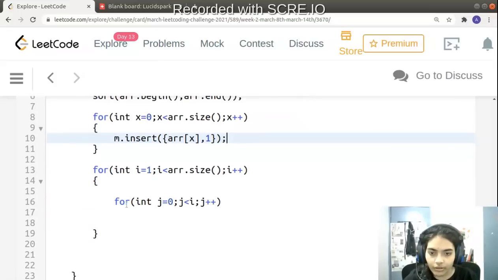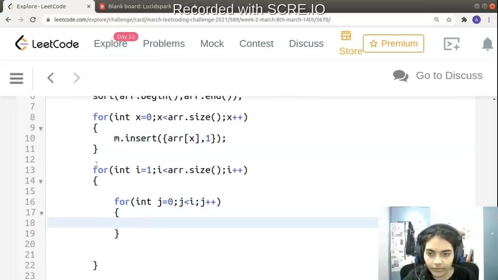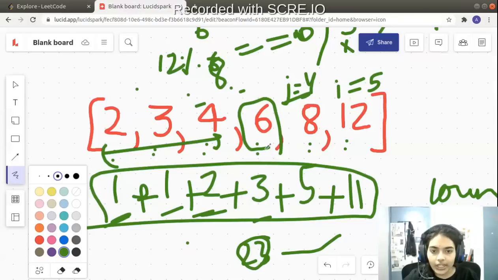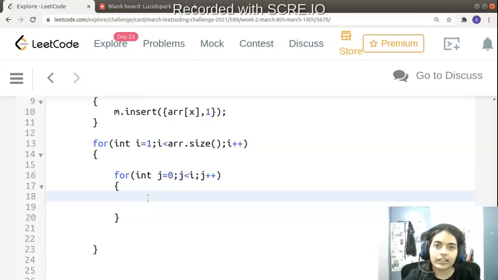Now let's go to the iteration. We have declared the outer loop and the inner loop. Now we have to check the value. For each particular i value, we will check if the j value divides it completely or not.